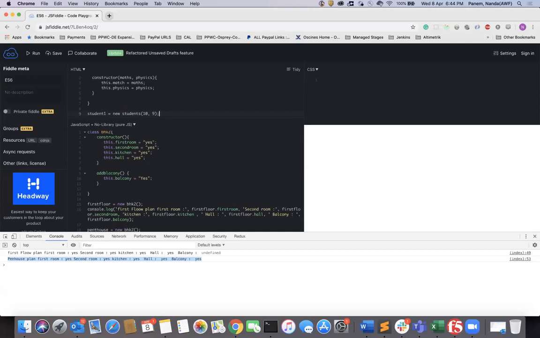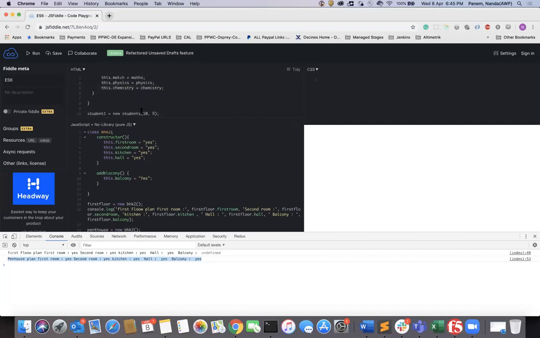Now, compared to the old situation, if you wanted to add a course called chemistry, what would you need to do? You would need to go through the 100 students or 1000 students and add student 3 dot chemistry, student 4 dot chemistry, student 5 dot chemistry. Instead of that, we are not going to do anything more. We just add this dot chemistry equal to, and then you can just add it over here.